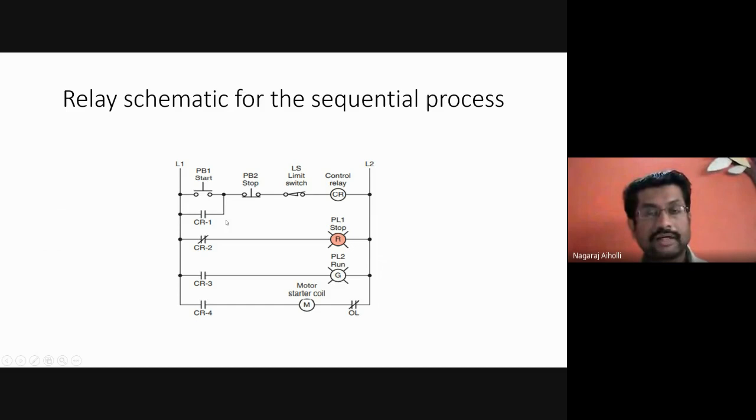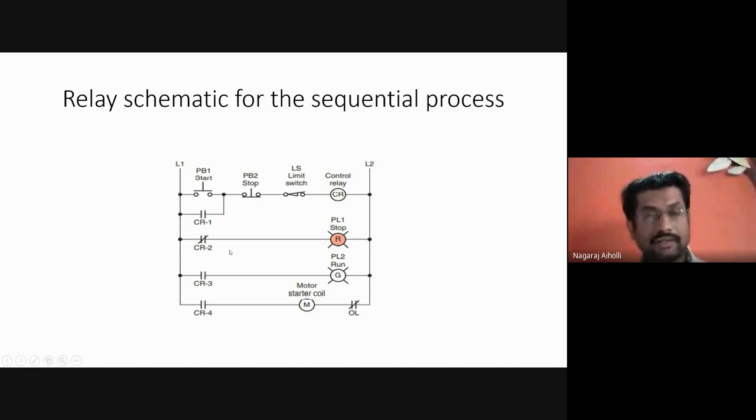But once this goes from closed state to open state, having initially gone from open to closed, now the second time, when we are releasing the push button and actuating the limit switch and stop switch, it goes from closed to open state. Because of this, it cannot maintain the current in the path. It is de-energizing the control relay.